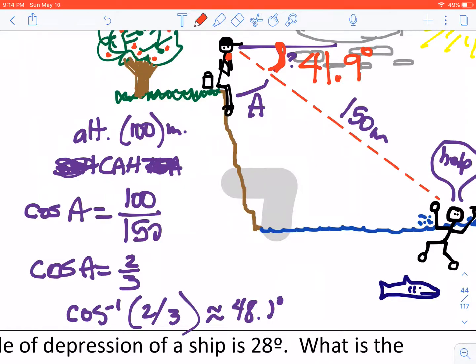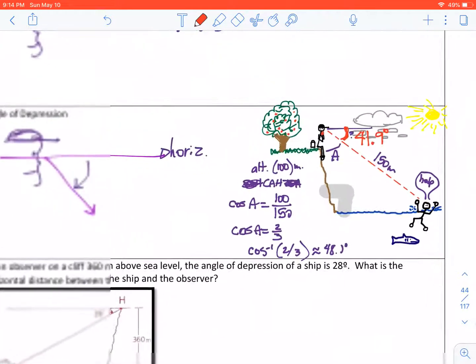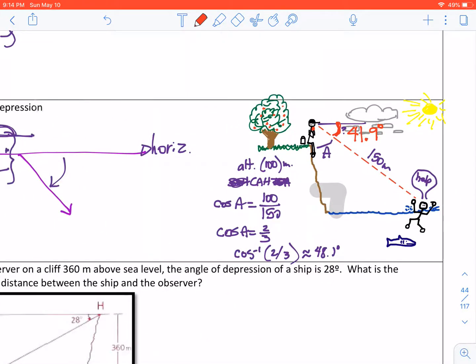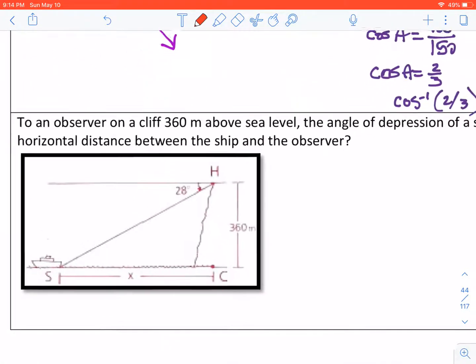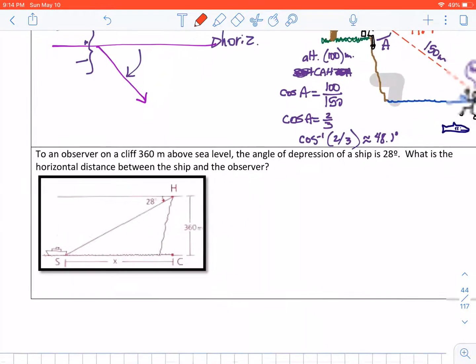All right. Hopefully that made a little bit of sense there. We used the inverse cosine. We talked about the angle of depression, elevation. Sometimes it's an airplane looking down. Sometimes you're on the ground looking up at the airplane. Different things like that as you do those homework problems. Good luck. Hopefully